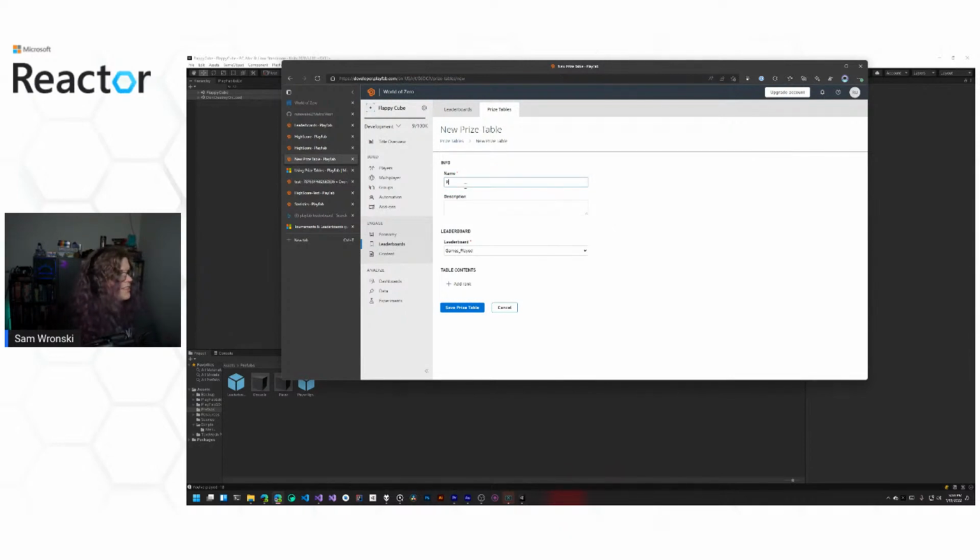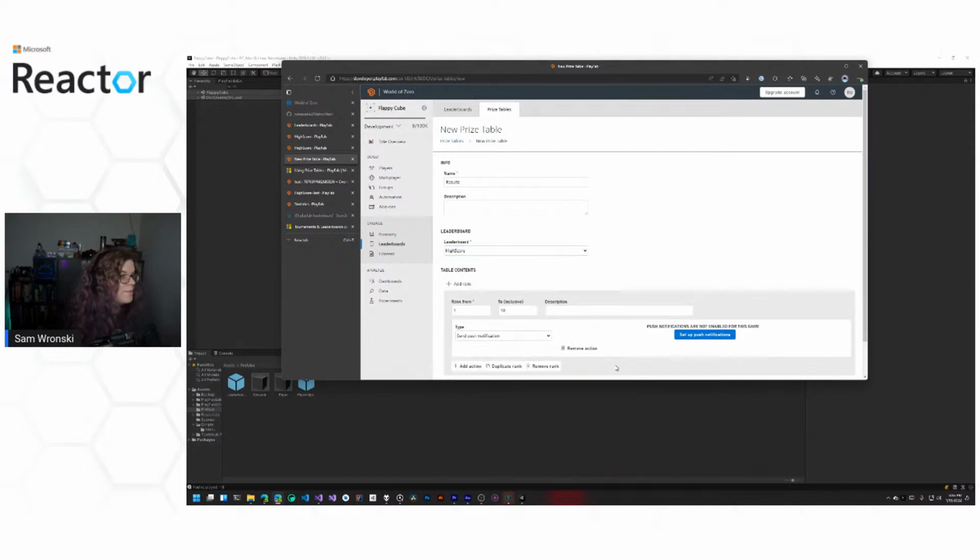I don't know what to call this. Let's just call this results because I guess we can. And we're going to look at our high score leaderboard and add a rank for this. I don't have a statistic to track this, so this is maybe a less good example,